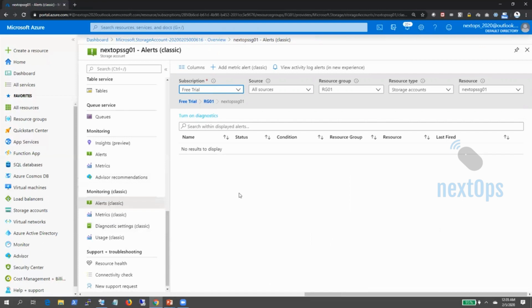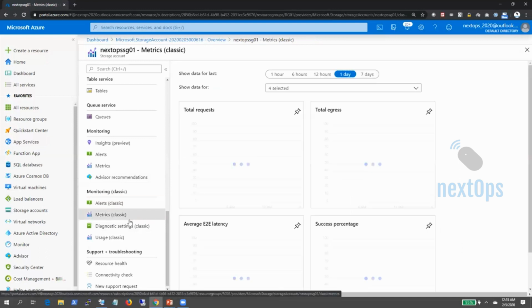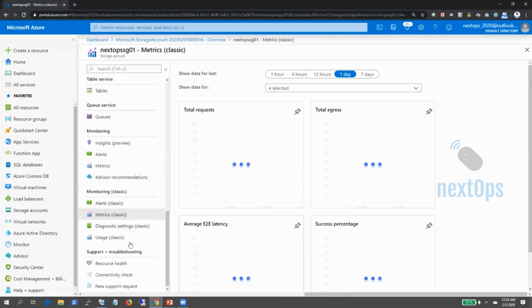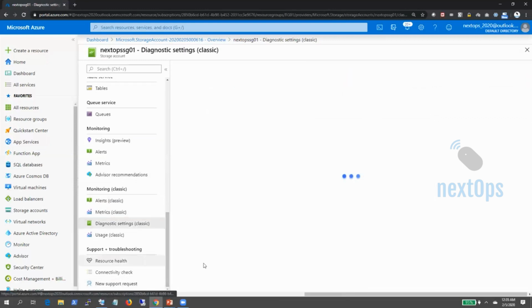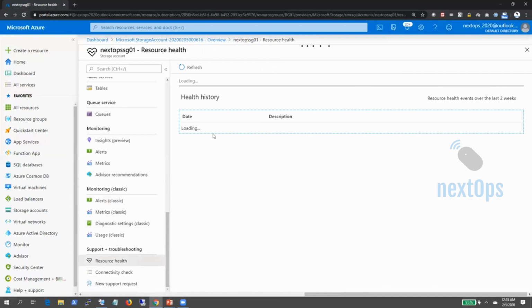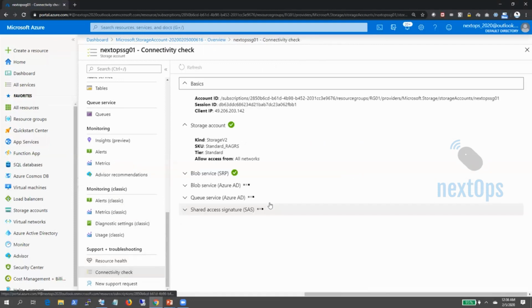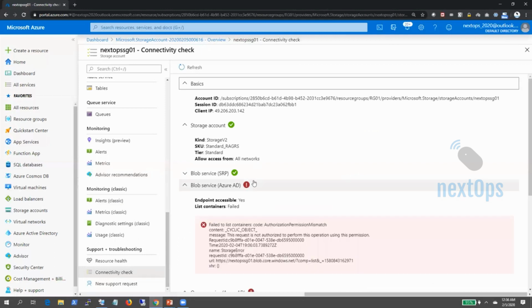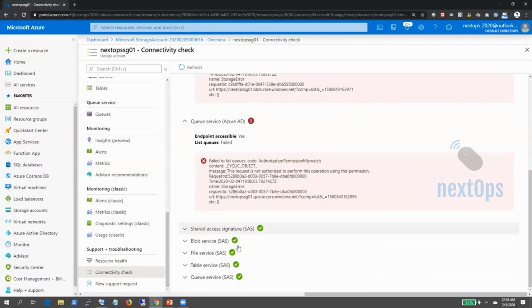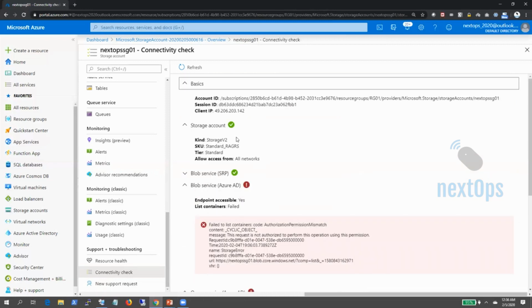Monitoring is the new one here, and the classic one is for the old people from Azure Classic, the previous Azure platform, with charts and so on generated here. Resource health shows how the resource is running and whether there are any issues related to storage or anything like that. Connectivity check